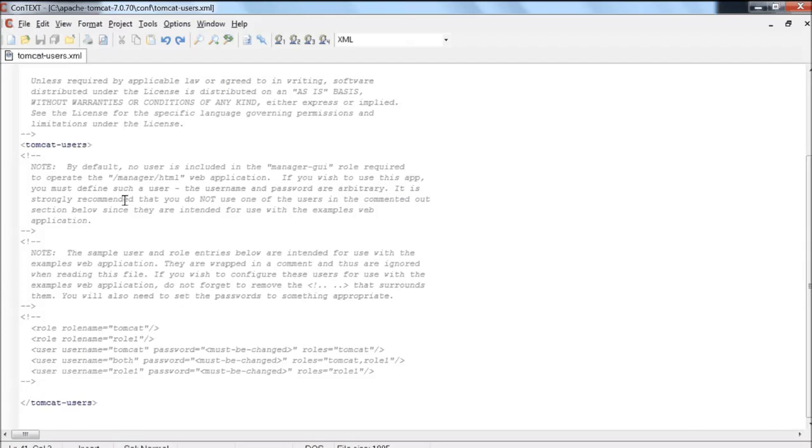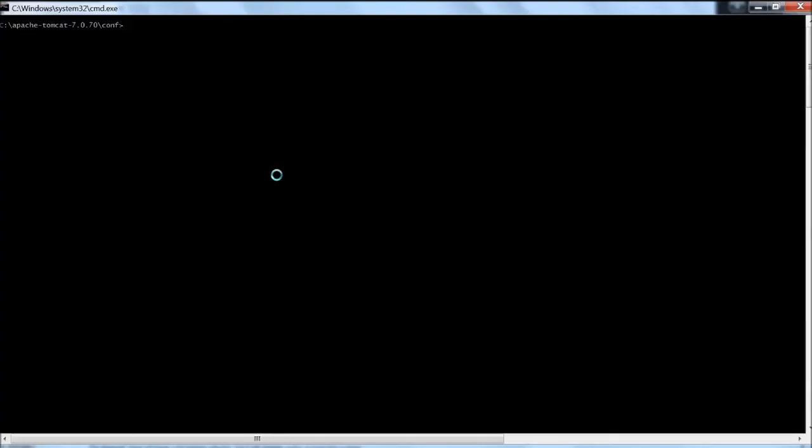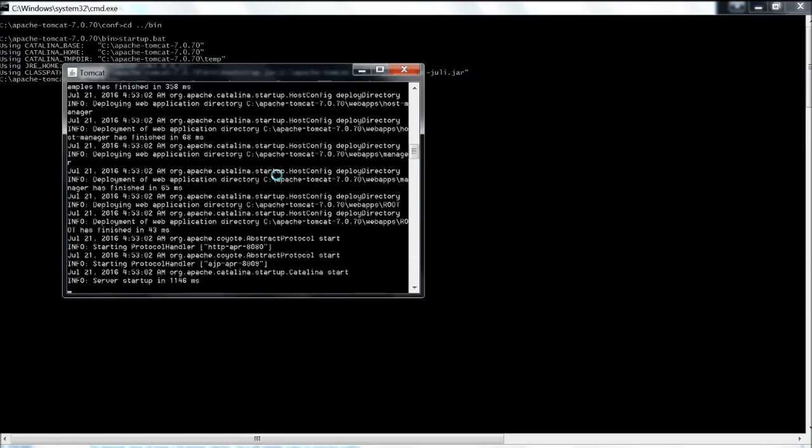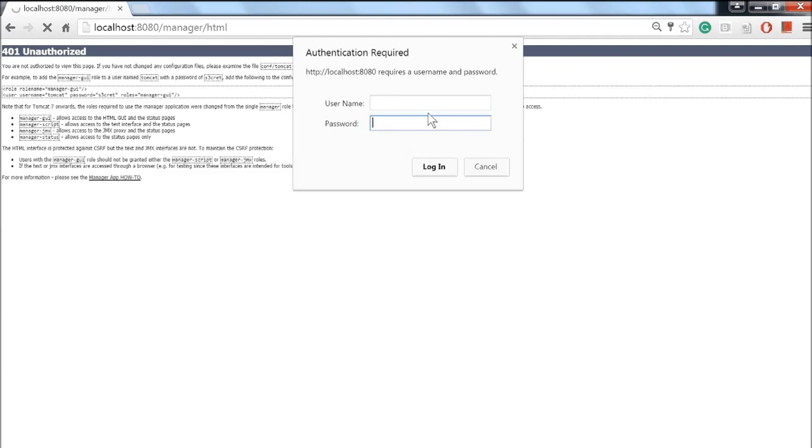As there is no entry available for any user here, let's try to hit the URL of the manager page of the admin console, and we should see 401 unauthorized. Before that, you have to go to the bin folder and start your Tomcat. So it's up and running. Now let's go back to the browser and open the manager page from the Tomcat admin console. So now what is the username and password? We already discussed that, right? We have to go to tomcat-users.xml and add one new user with these roles, so that Tomcat will understand that user and authorize that user to log into the system.